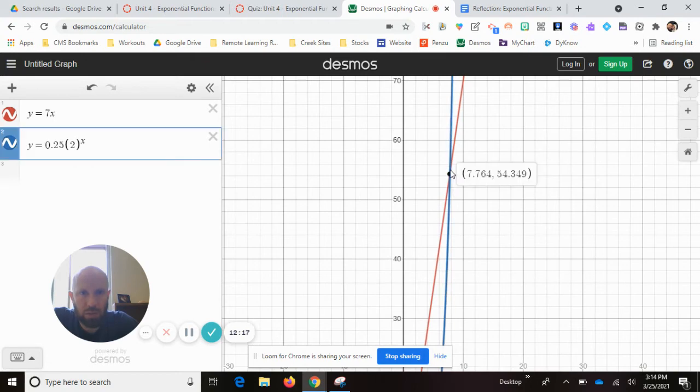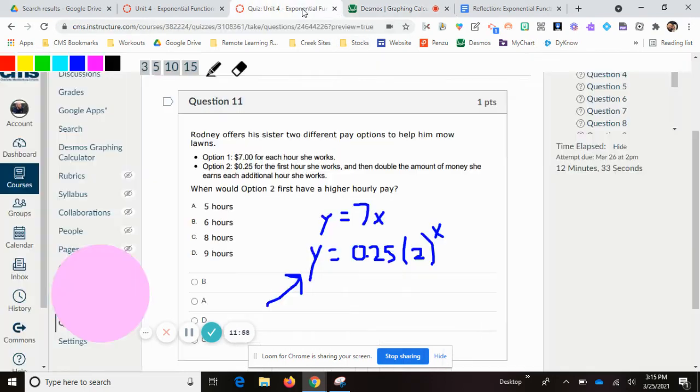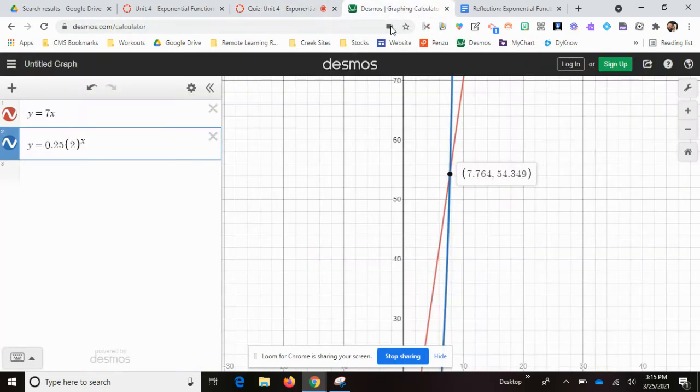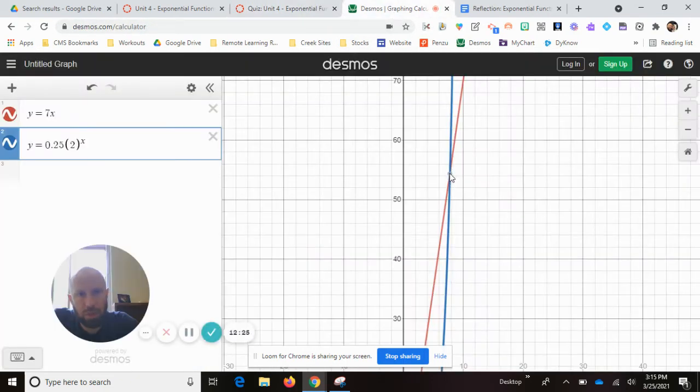There's the value there. So at 7.7, what are we dealing with here? We're dealing with hours, so that's when they're equal. We need to find out when the red one is finally going to be more. And once that red one is finally more, if I can get over to the red one, our first number